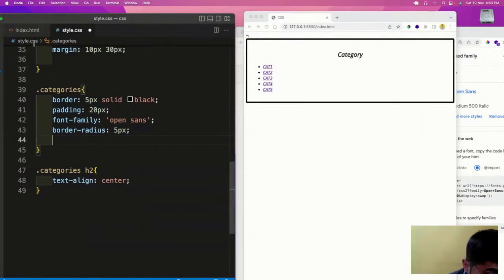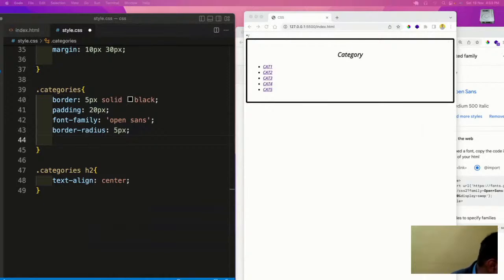After this let us pick the next thing, which is called the unordered list.